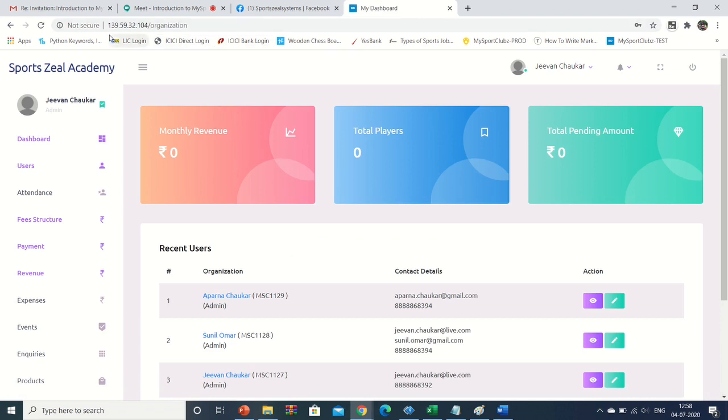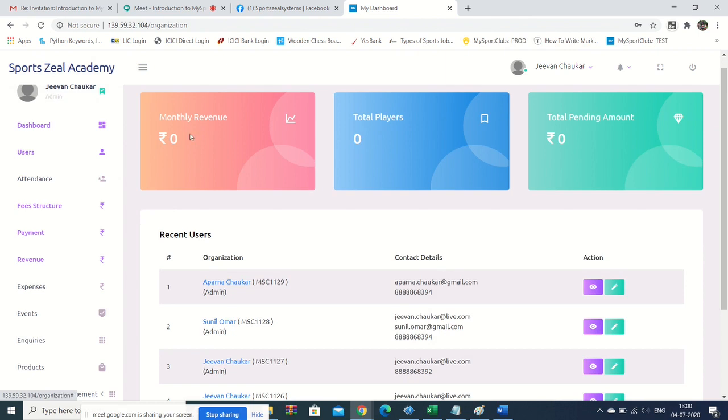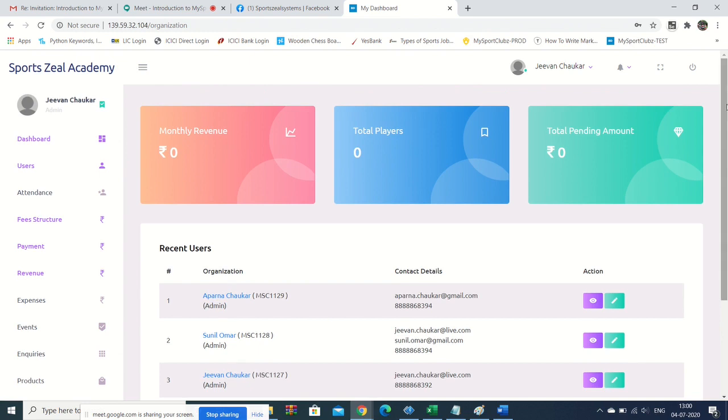So once we provide you a login, once your club or your academy becomes our member, we provide you a club administrator's login, and that login you can use to see all this functionality. Good. So this is a dummy sports club. This is not a real sports club, but a real sports club administrator will see all these same options that I'm showing here, and all the functionality will be the same for a real sports club also.